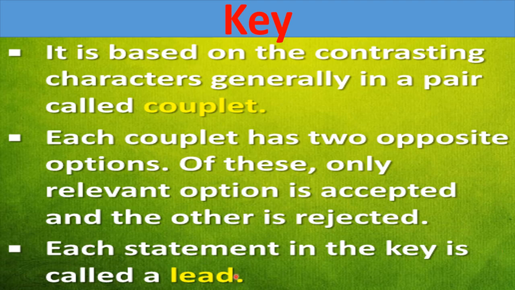Now I am talking about tallness and dwarfness. What is this? This is a height character. So what is that height? That is called a statement, and this statement in the key is called a lead. So you can say height is a lead here, and tallness and dwarfness, these two contrasting characters, are a couplet. With the help of a key there will be many leads and many couplets, with the help of which we can categorize a specific organism.